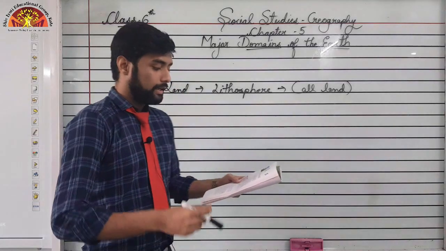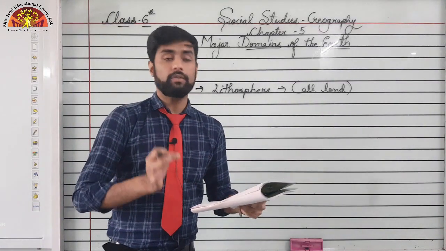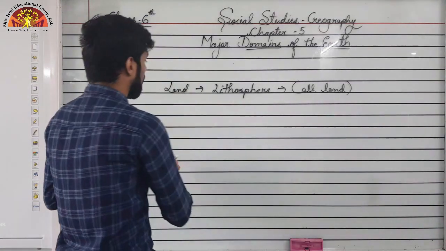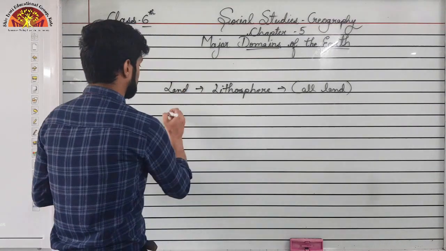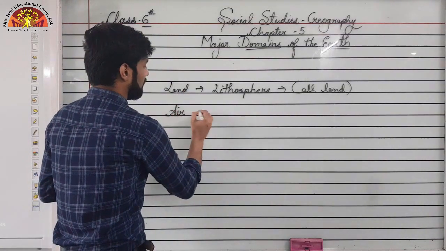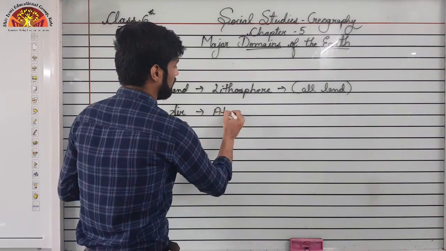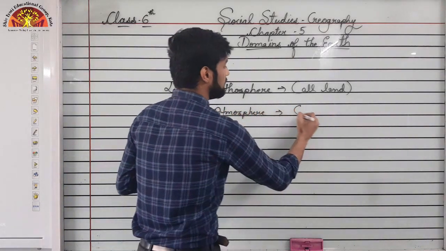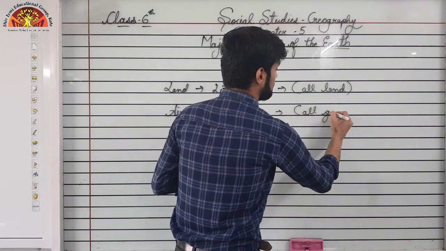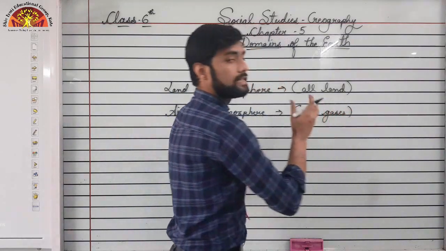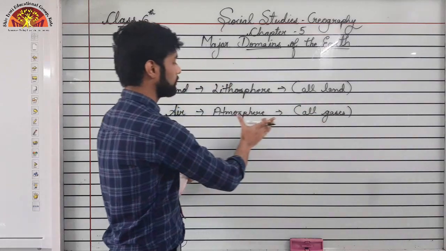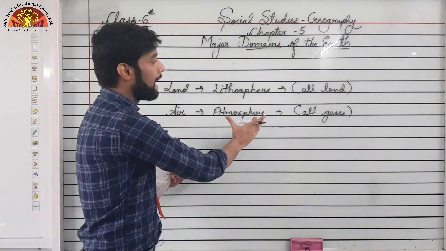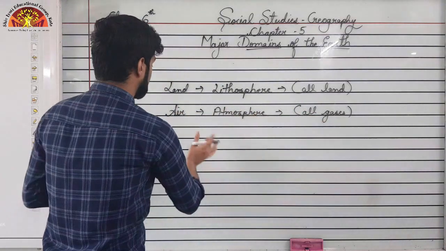Okay, now the gaseous layer that surrounds the earth is the atmosphere. Now we have the gaseous air part, that is the air part, and it is called atmosphere. Okay, it has all gases and air. इसमें क्या है? सारी gases हैं, सारी हवा का जो part है हम उसको क्या बोलते हैं? Atmosphere. And that remains, हमारे पास क्या बचा अब?